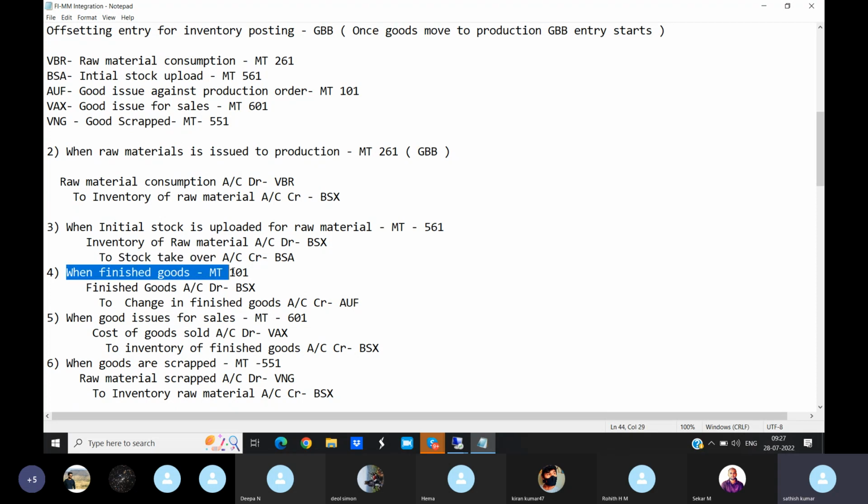So here the movement type I am using is 101. Here the journal entry I am following is finished goods account debit to change in finished goods account credit. So here my job is to create the GL in FS00, finished goods account debit. This GL I have to assign in BSX, and one more GL I have to create, change in finished goods, in FS00. This GL I have to assign in AUF. This is my job. And finally, when goods issue for sales, here the movement